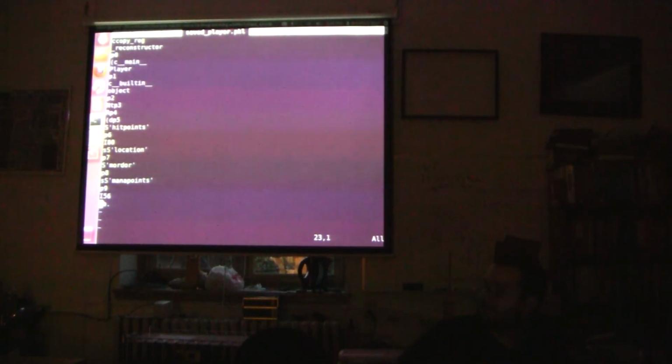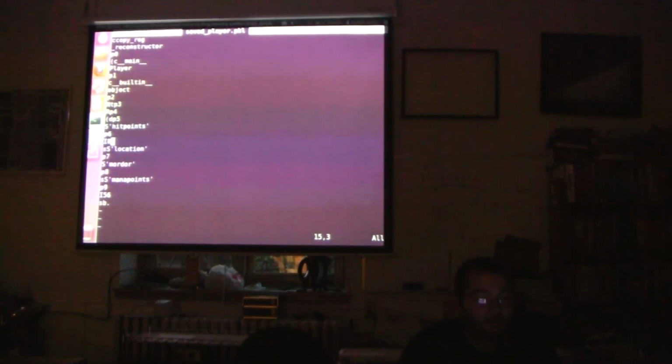Yeah, all of this happens behind the scenes. They have some sort of crazy scheme of reading all that and then making sense of it. But I haven't read into how that works, so I don't really know. But it's fun, so you can actually look at your data, and I see hit points and location and Mordor and mana points, but I don't really know what most of this means. Well, I see an I-56, that probably means there's 56 mana points or something, and an I-80, which probably means hit points 80. But yeah, that's super fun.